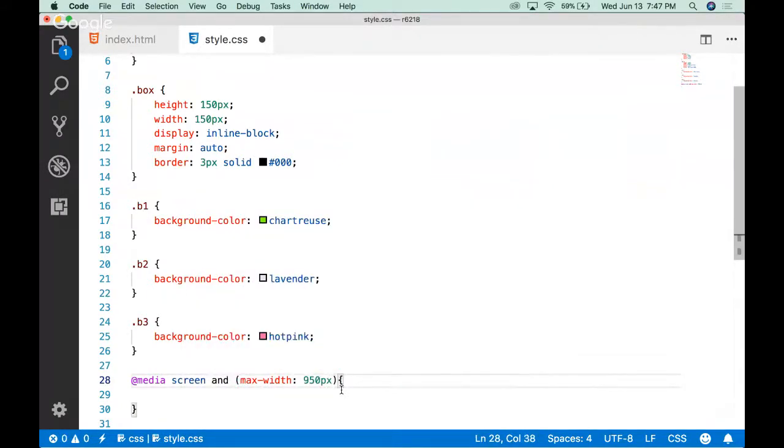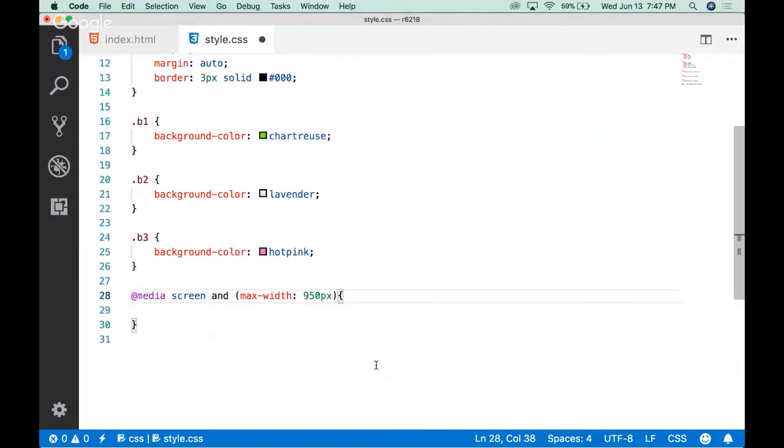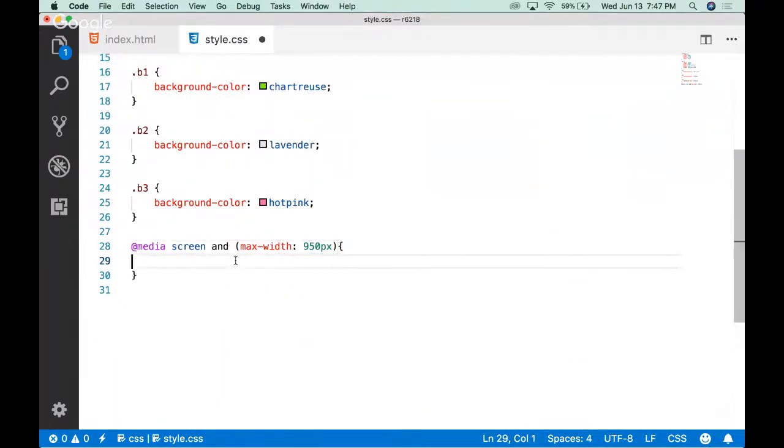So screen, that means the computer screen. There's a whole bunch of other ones that are kind of deprecated at this point, like projector, all, TV, all kinds of different things that used to exist. That's weird. But screen's the most common one. So we're gonna say,